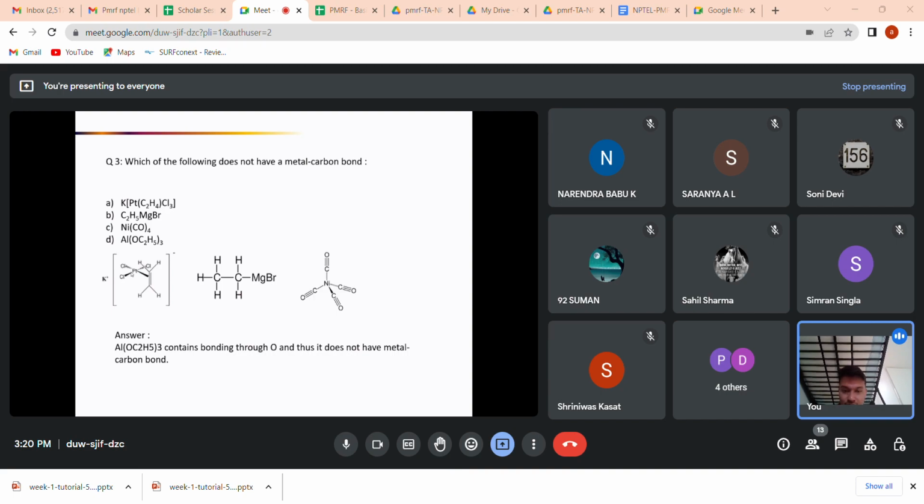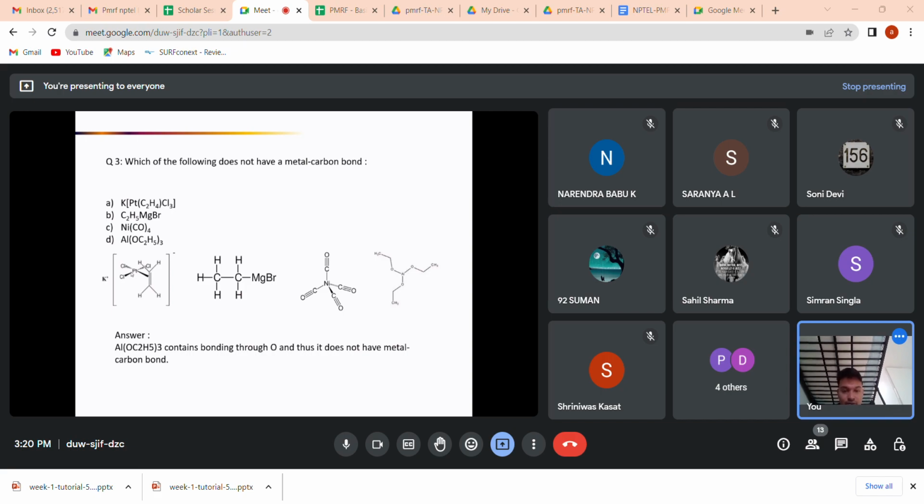And if you see the nickel, obviously it should be, because oxygen will never be able to coordinate to nickel because its octet is complete if it has already bonded with carbon. And the last one is the aluminum one, and here the oxygen is going to bind with the aluminum directly,